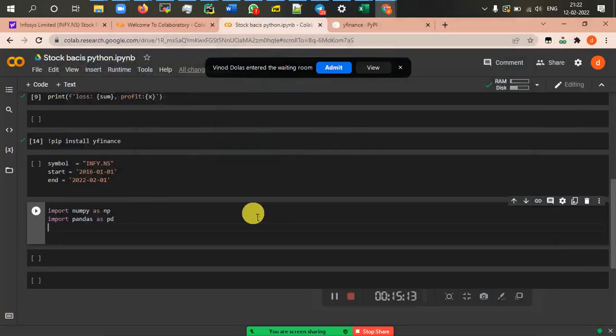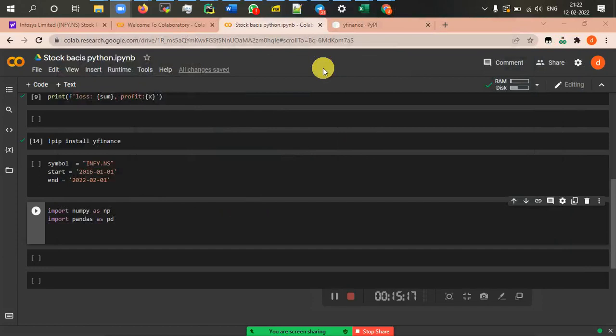Okay. So pandas, any data, when you fetch data from the internet,